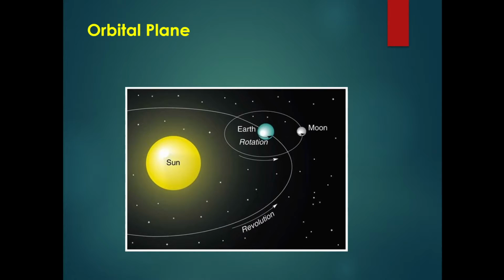Now we have already studied about orbital plane, but we will see it here once more. So this is the revolution of earth around the sun. This is an elliptical orbit, and this orbit is the orbital plane of the earth. At the same time you see that earth revolves and also rotates. In the same manner the moon is also revolving around the earth and rotates on its axis. So both earth as a planet and moon as a satellite revolve in an elliptical orbit and keep rotating at the same time.